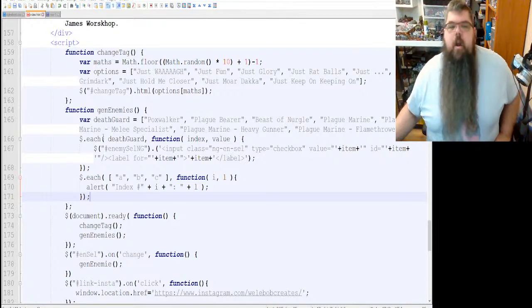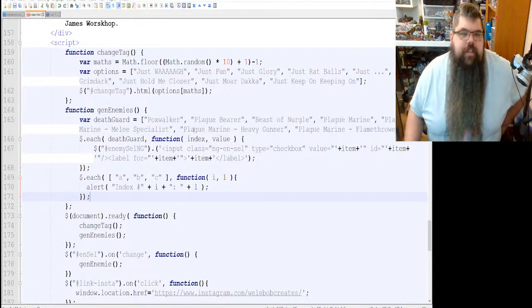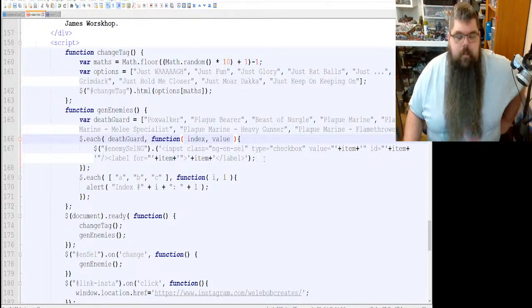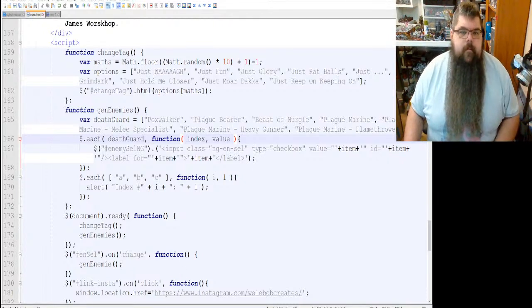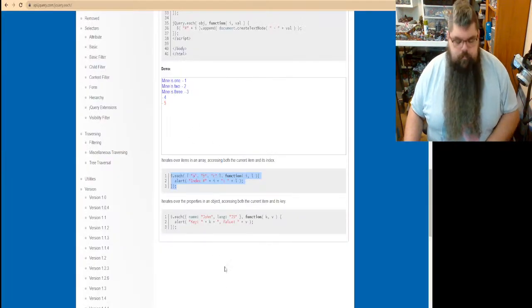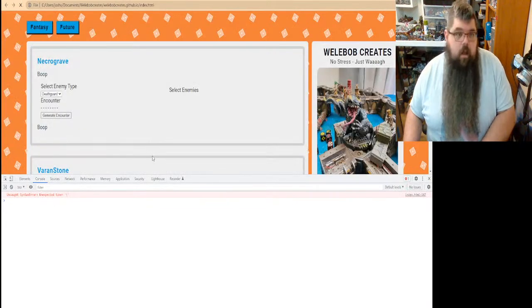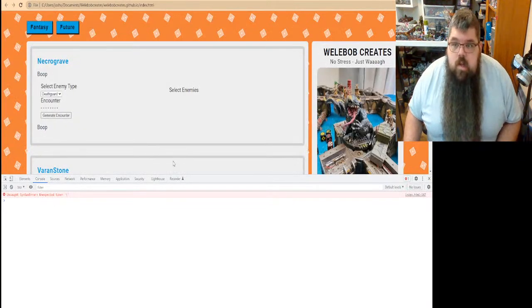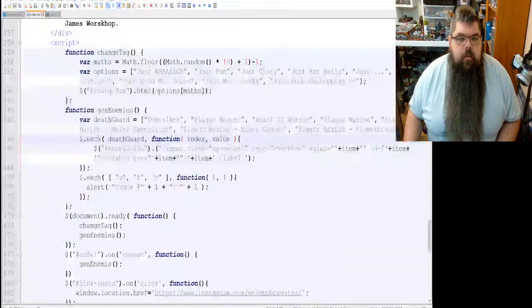Okay. So, let's see. Each, my array, their array, function, index value. That shouldn't make a difference, but we'll change it. And then they have a console log. Yeah, still error 167.